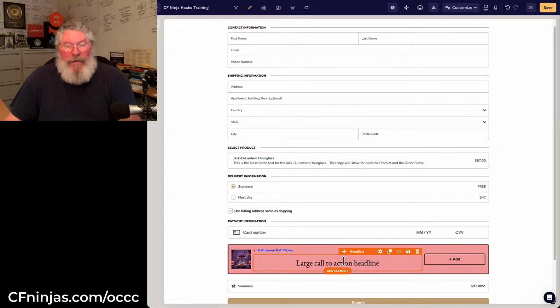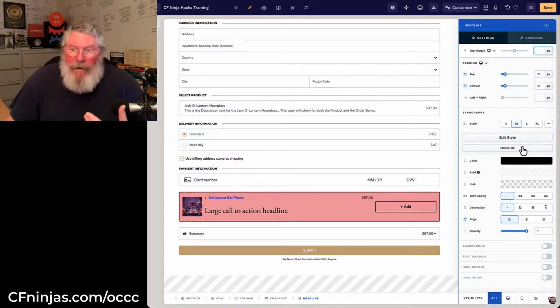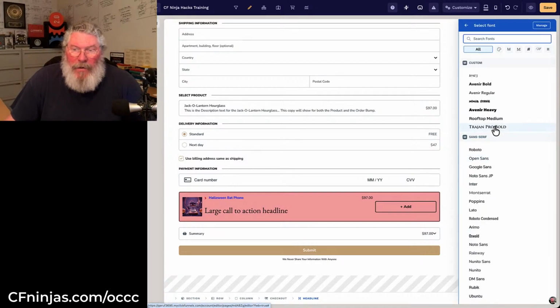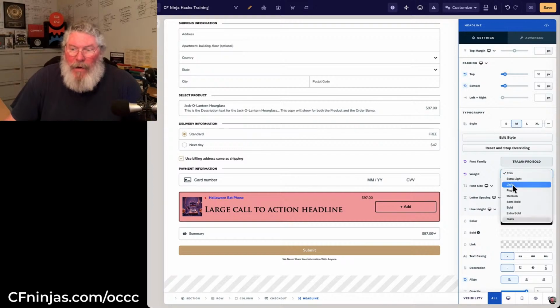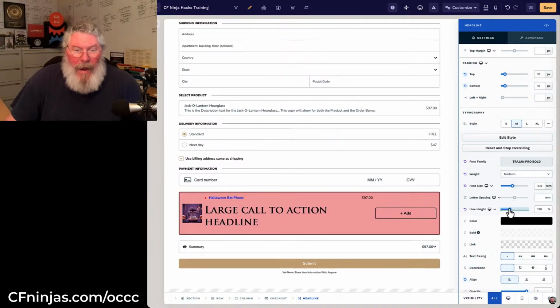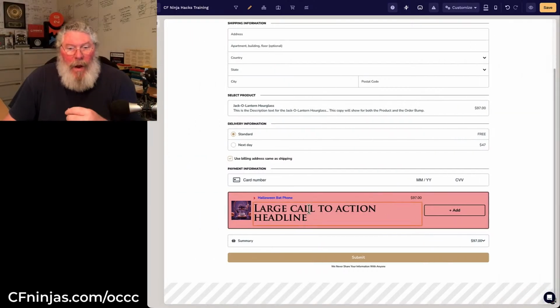So we can change the font size, we can change the color, we can change everything about it. So let's say we're going to left justify this now, and then of course it's going to act just like any other element on the page. We can change the font family, we can change the weight of it, we can change the font size, we can change everything that we want about it, line height. Let's squish that together a little bit more. And so that's one way that we can change this text on the page,